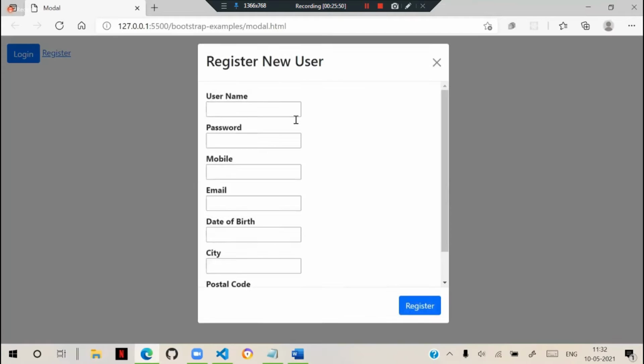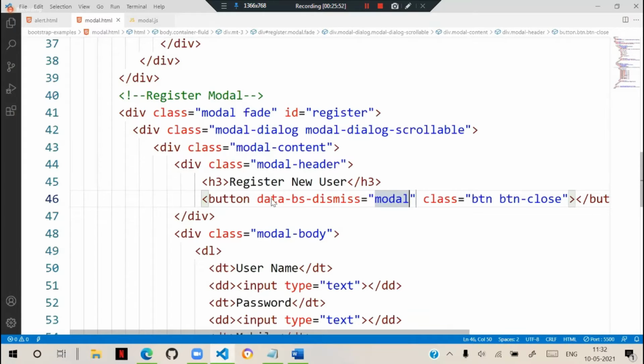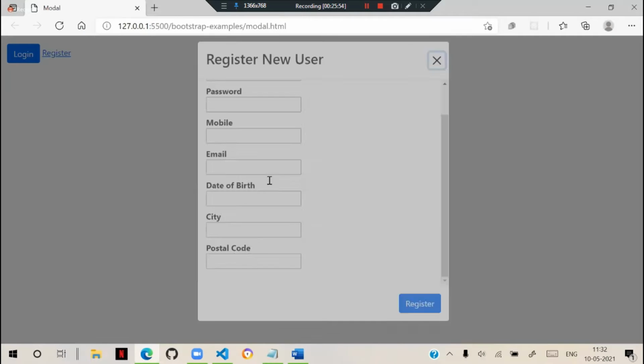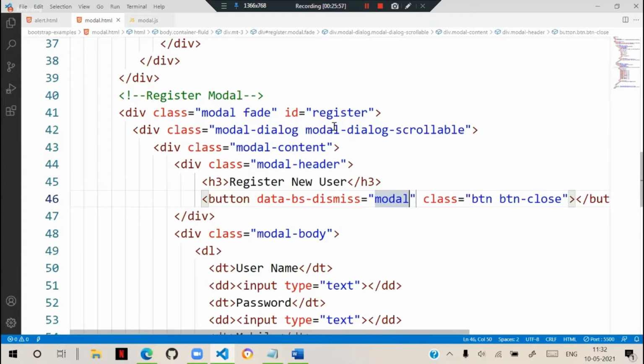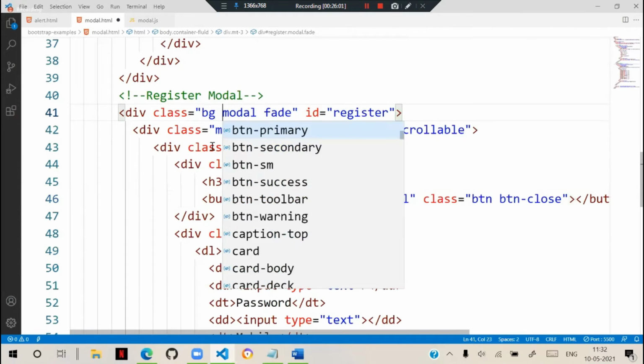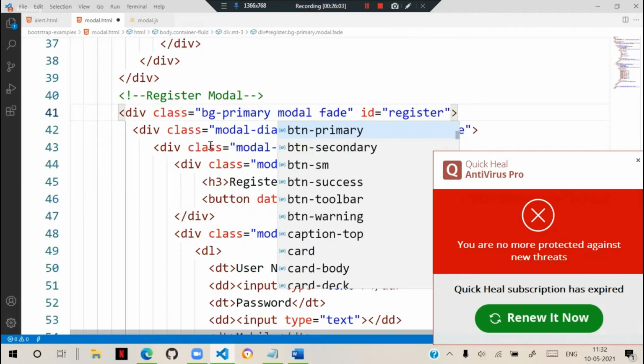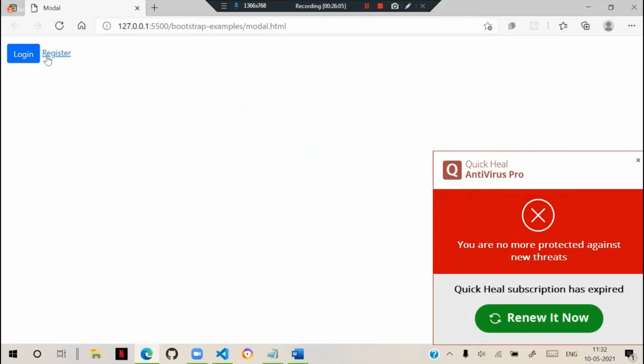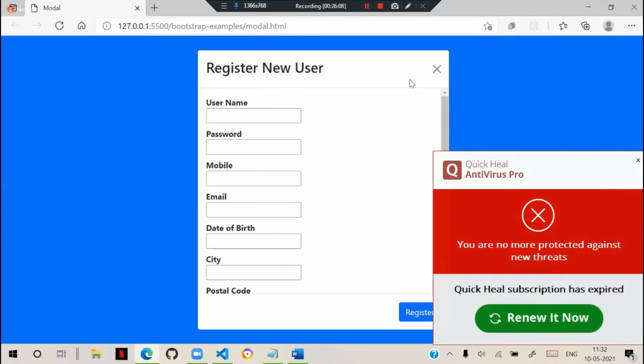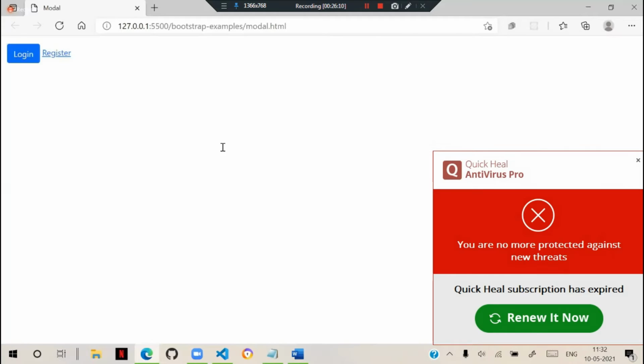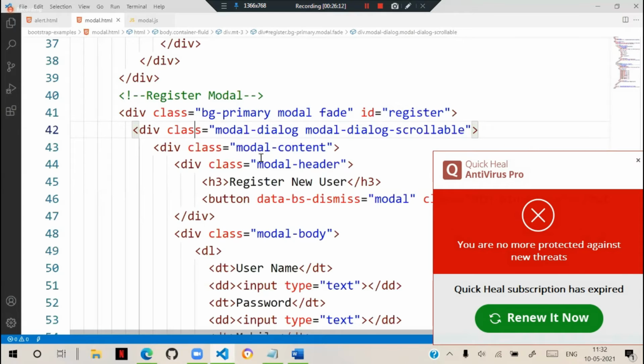And this is on link click. Colors and all are your wish. You can put a background. Suppose for the modal I write bg-primary, and you see the primary background. But remember, headers and footers are written separately to handle them. We use this for the header section separately, and the footer separately.